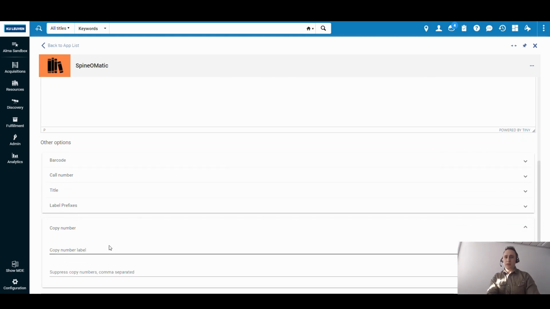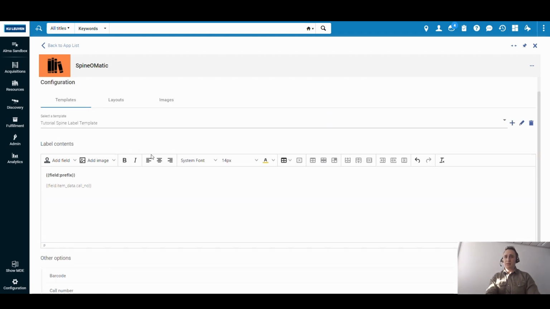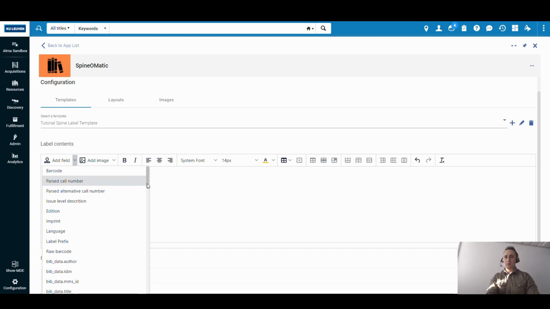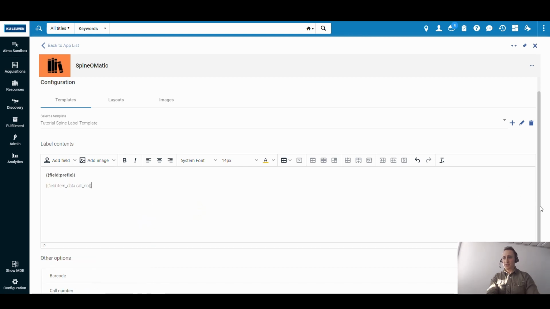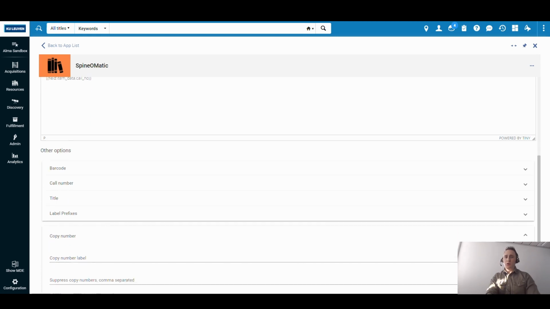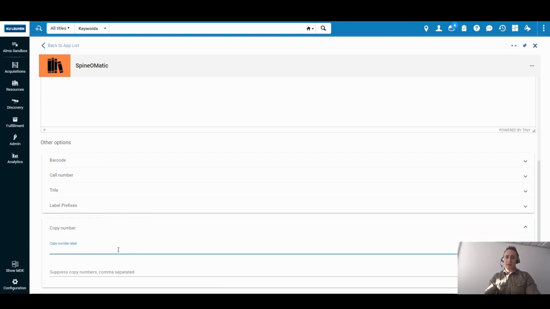Then we can also have a copy number. We can also add a label for our copy ID. This is used mostly for the copy ID field in Alma. So from the holdings, the copy ID, I can just assign a label and also add an exception. So for a specific, let's just say copy number, and then if I choose this Alma field, the copy number is going to be displayed as, let's just say an item has a copy number 13.